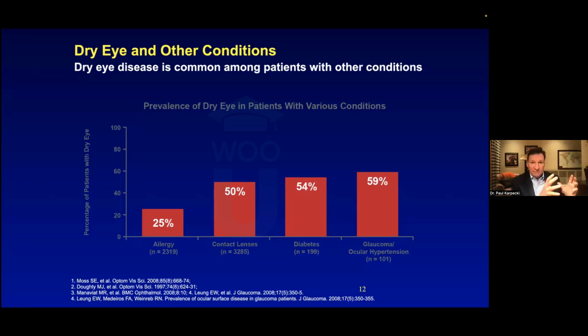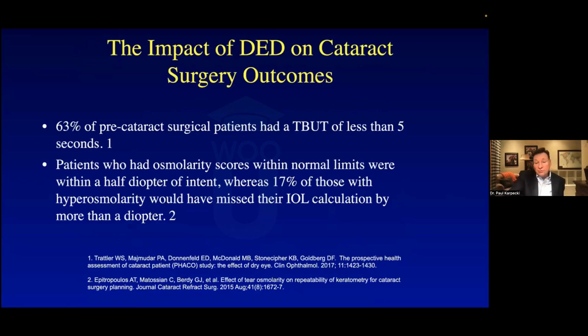Now, you have to have meibomian gland dysfunction for a long time before it becomes immune-mediated dry eye. But what that means is the sooner you preempt it, the sooner you treat it, blepharitis, MGD, dry eye, you're going to have greater success. It also impacts cataract co-management. 63% of clinical cataract surgical patients had a tear breakup time of less than 5. You'd think maybe 25, 30%, no, more than half.